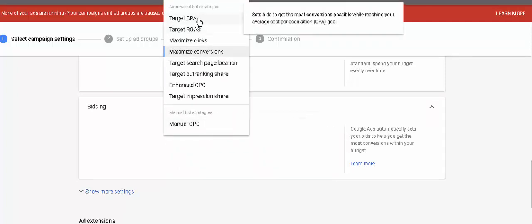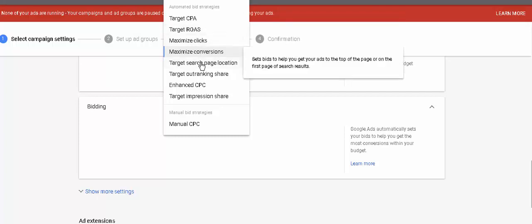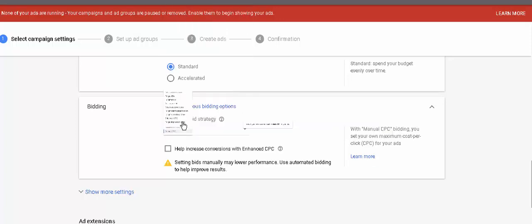Now there you're going to see target CPA, target ROAS, maximize clicks, target search page location, outranking share, enhanced CPC, target impression share. Now I'm going to talk about that, but in my later video. So right now we're going to keep manual CPC, and afterwards we will click help increase conversions with enhanced CPC. Now what that does is it actually optimizes your bidding. If somebody's bidding higher, it will bring your bid down, or it will not show you results at this very moment,